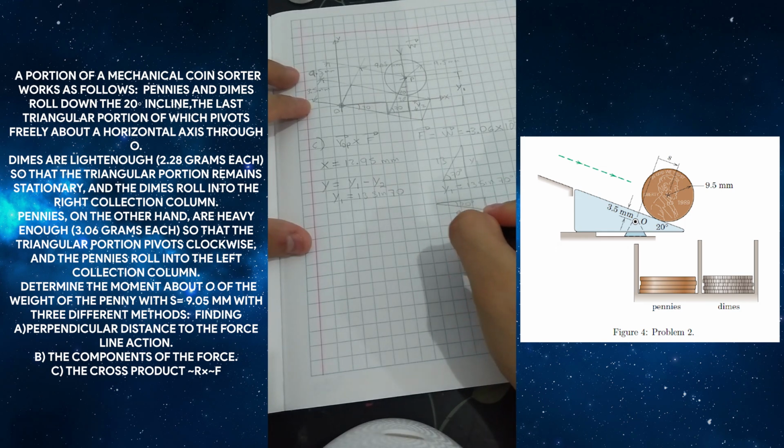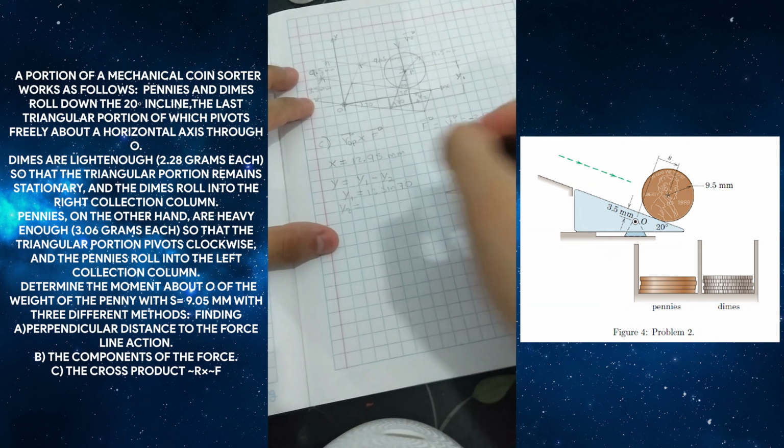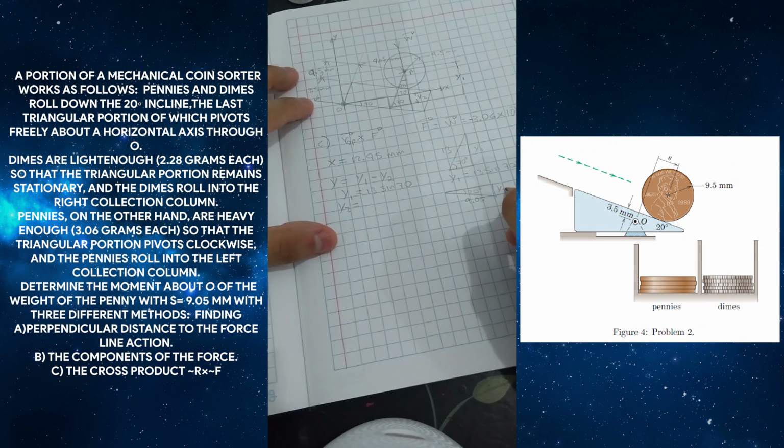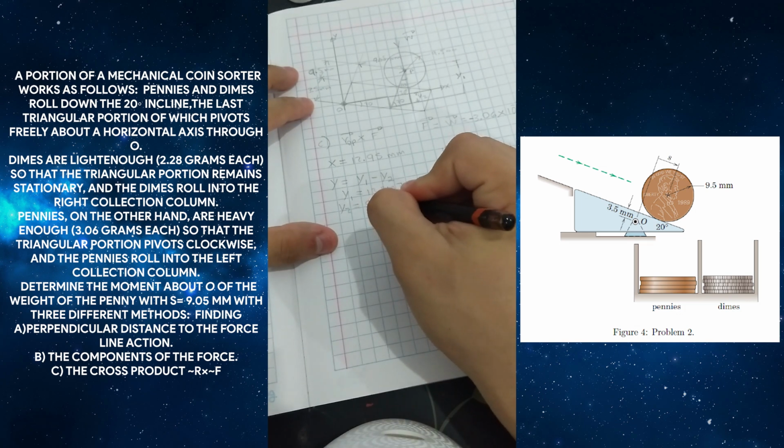And this is 9.05, and this side, as we can see, is opposite the angle of 20 degrees, and therefore y2 is equal to 9.05